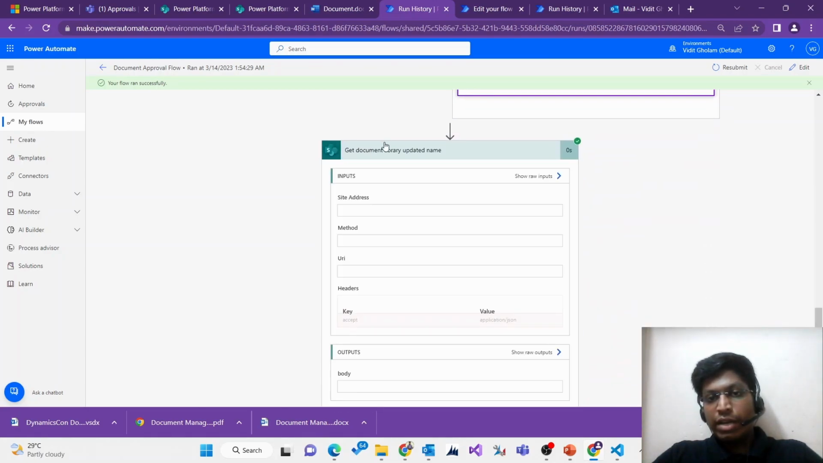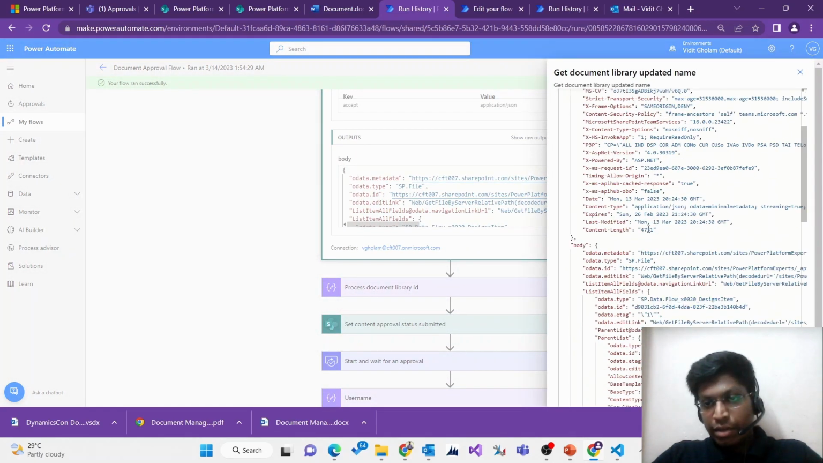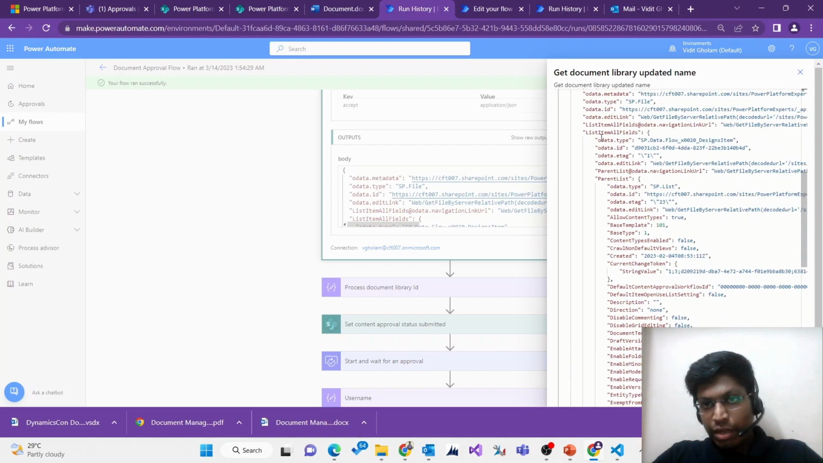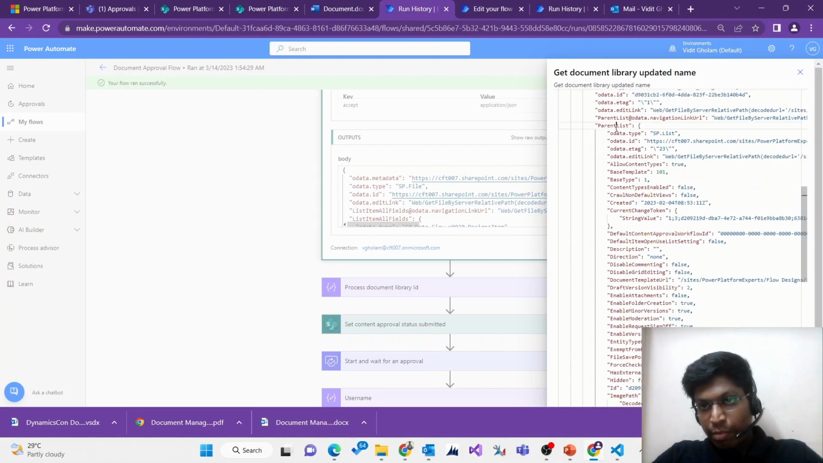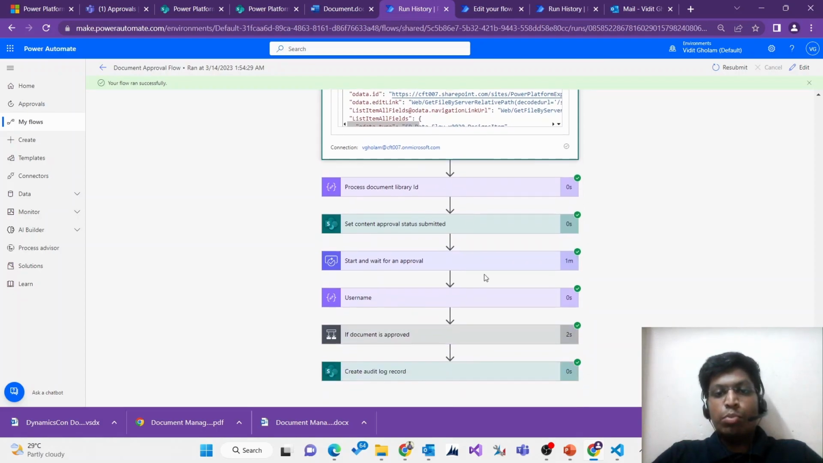We use that file ID to get our document library's ID, and in the list item fields, in parent lists, we have our document library's ID, and we use that document library's ID to process all the actions in our flow after these steps. So that's how our